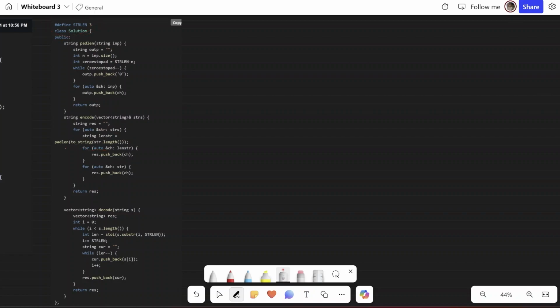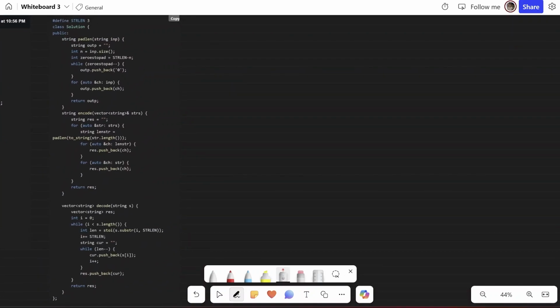Once I have this length, I'll have to pad it. So I'm using this pad length function to create it of size 3. So for example, I have 5. I need to add 2 more zeros at the beginning of it to make it 3 digits. So that is being done in this pad length function. After that, I'm pushing this length, and after that I'm pushing the string into the final string and then returning it.